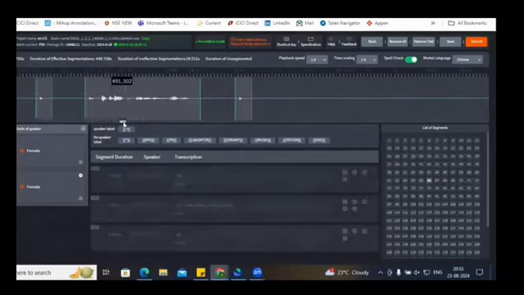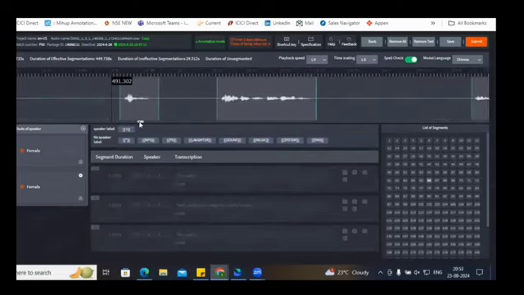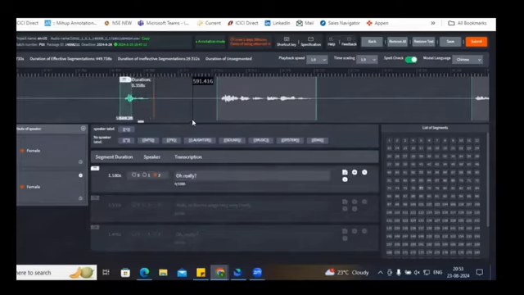Now the second thing we have to take care of is that sometimes we have to adjust the segment. Sometimes you may find, like here, this is the voice, right? Sometimes you may find that the segment created is like that only. In this case, their voice is not fully covered within the segment, so you just need to stretch it a little bit to make sure that your voice is within the segment only.